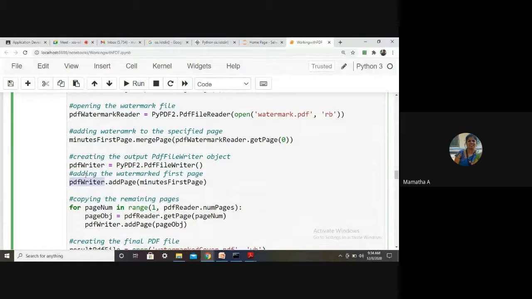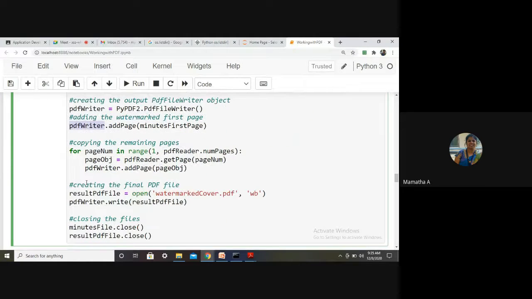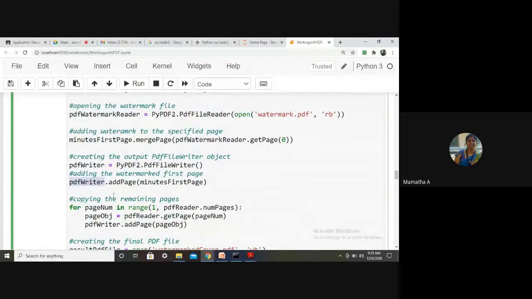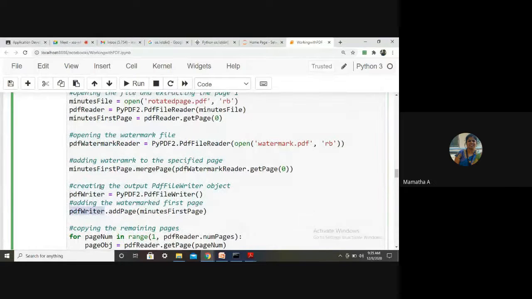So PDF writer is an object of the PDF file writer class, right? So you will have to add this updated page to this writer object. Get it? Yes. Then I have assumed here that my new PDF will contain the first page with the watermark.